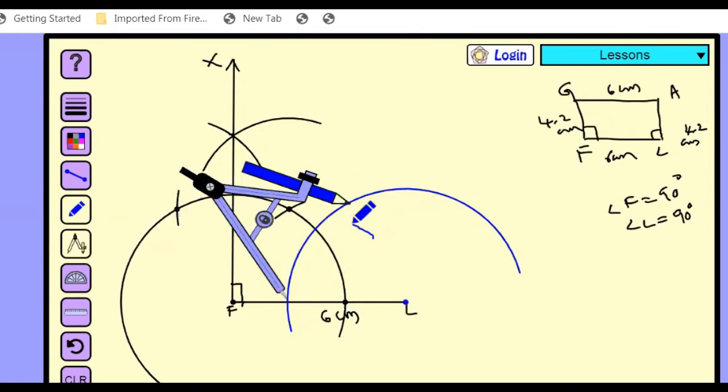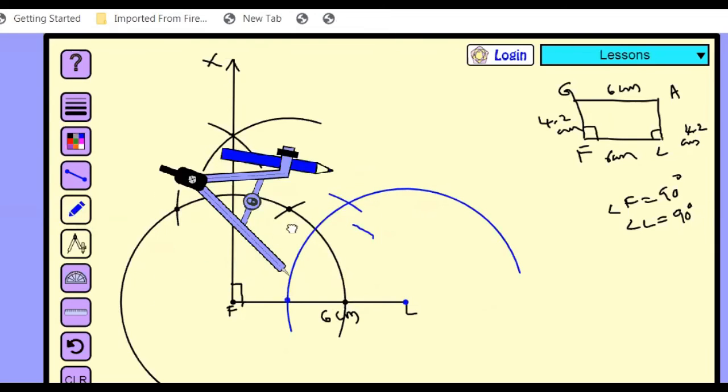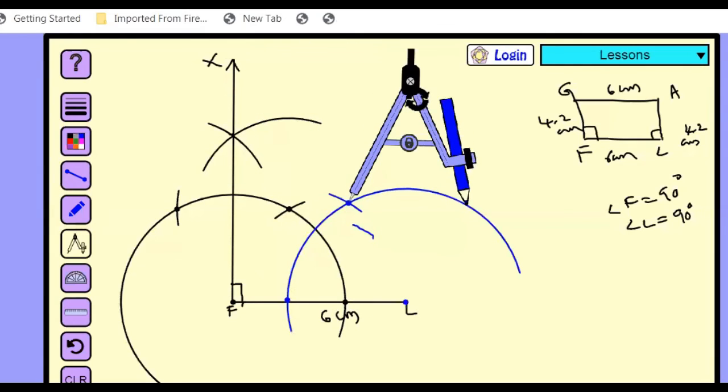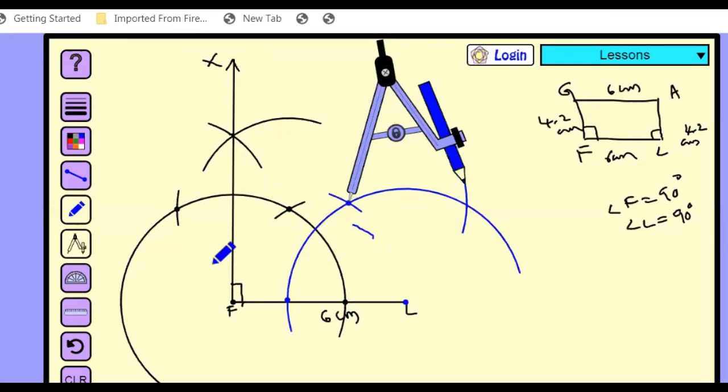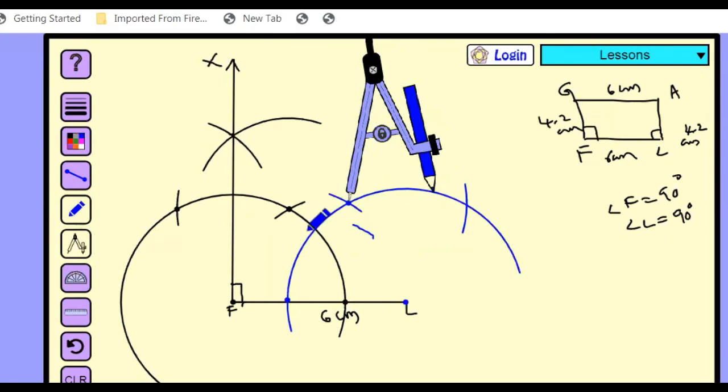Next, without changing the compass radius, change the center point here, and now draw an arc of 60 degrees. Now we are getting this 60 degrees. Now with the point of the 60 degrees, draw another arc which cuts the previous arc at the 120 degrees point. Now how will you get 90 degrees? Again, we need to bisect the 60 and 120. So for that, take the compass radius more than half of the length of the 60 and 120 degrees arc.